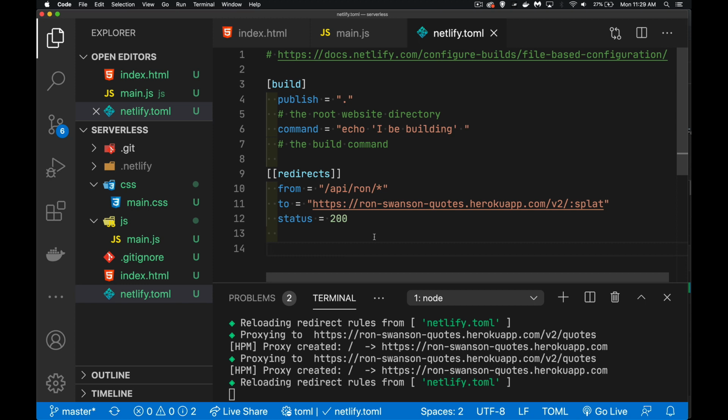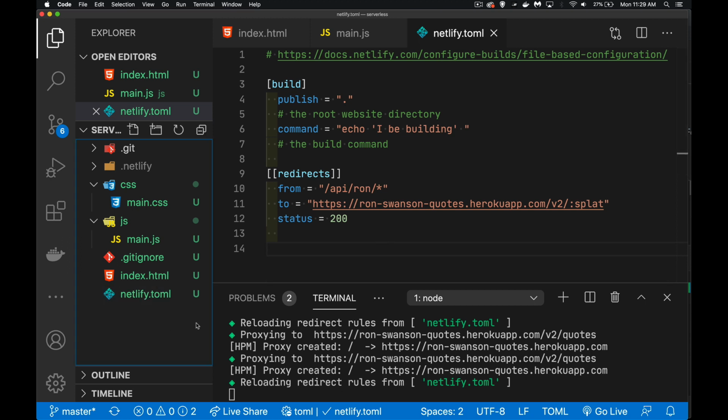Next up, how do we make our own functions? So this is great. We can redirect things so it looks like it's part of our website, but how do I actually build my own functions? All right, let's jump in here. And actually, before I do this,